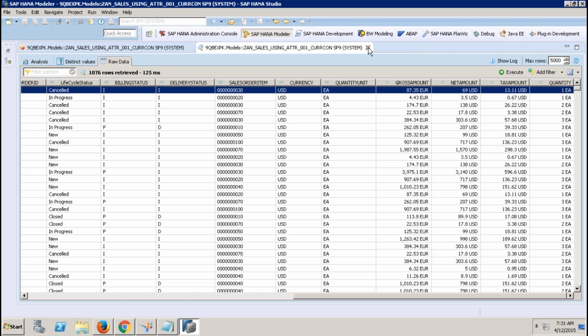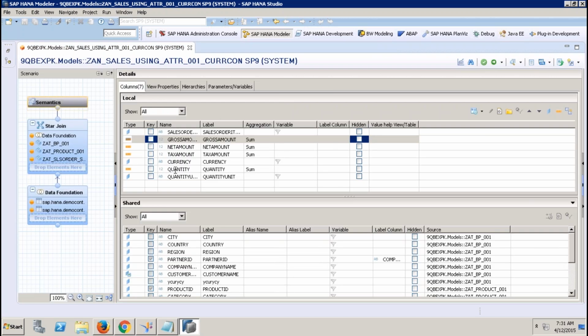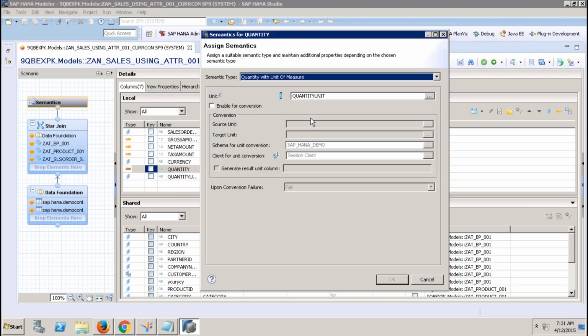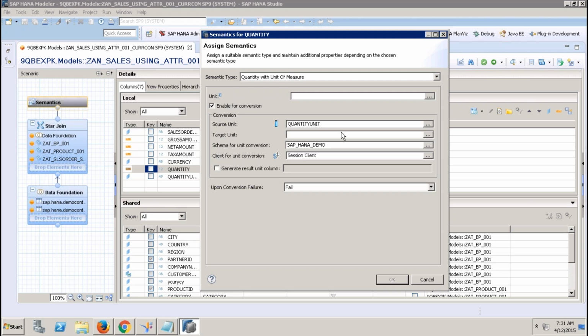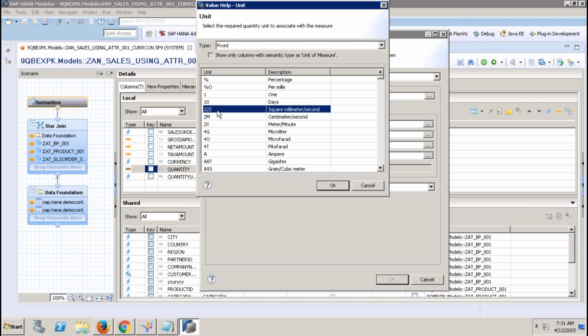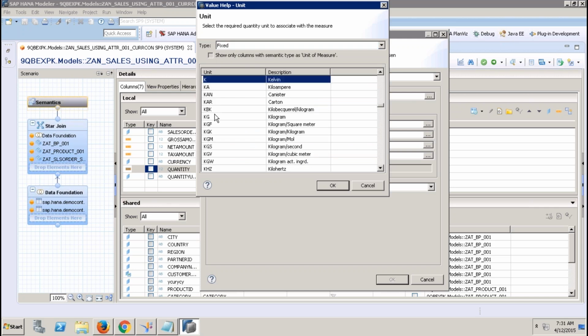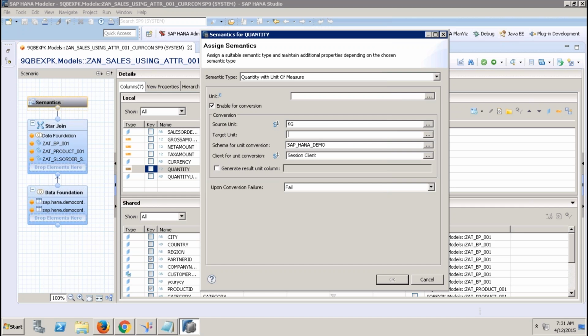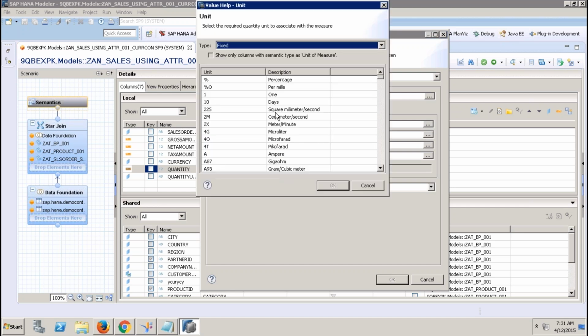Okay. Then what I can do, I'll select this quantity, semantic properties, enable for conversion. Source, I'll not take the source unit. I will go with fixed, assuming that it is in kgs. I'll say kg,